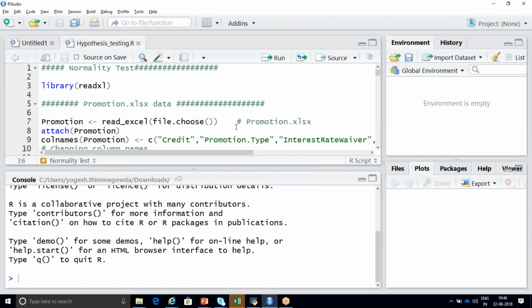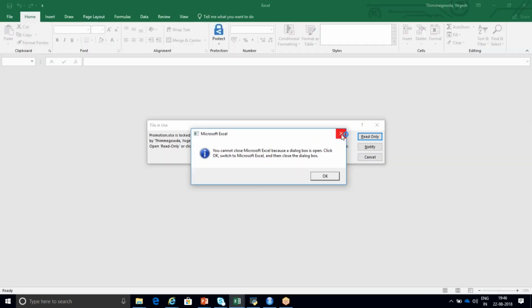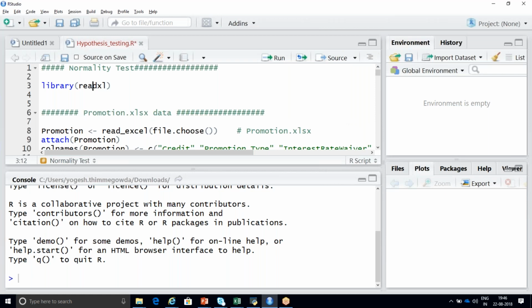If I want to execute, what is the command, rather than clicking on this run button? Control enter, right? To run. It is not alt enter, it is control enter. So you should remember these small things.